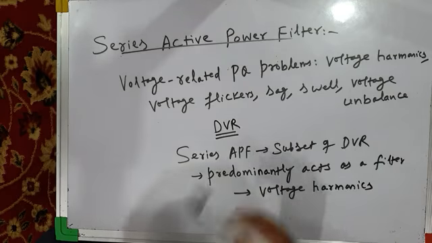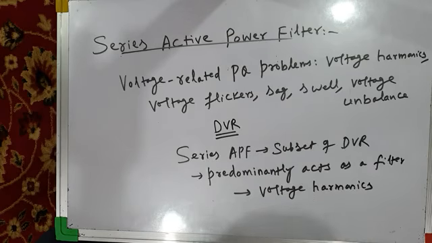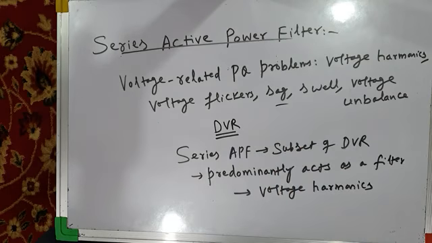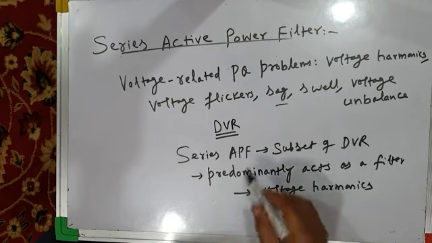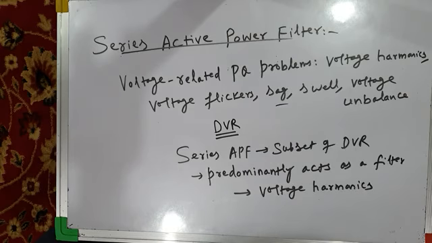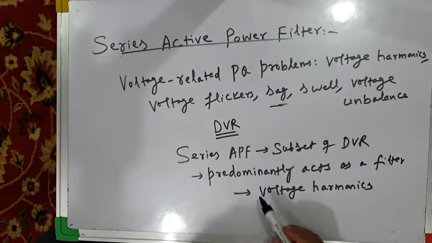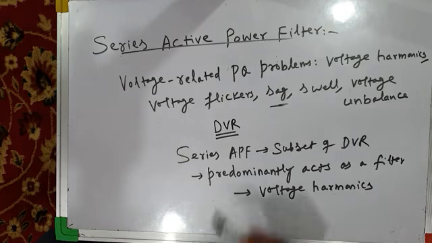Now, can a shunt active power filter do this voltage harmonic compensation, and can it provide protection against sags and swells? The answer is yes to some extent, but it will be very hard for a shunt active power filter to perform these functions. The size and rating of a shunt active power filter to provide compensation against voltage sag, etc. will be very large, and the cost will be very high. So for addressing these power quality problems, especially for filtration of voltage harmonics, we use the